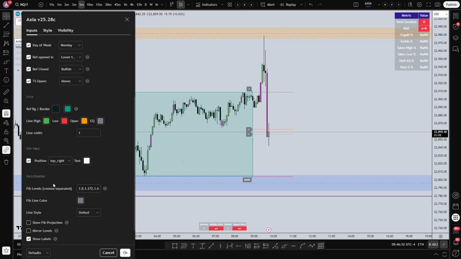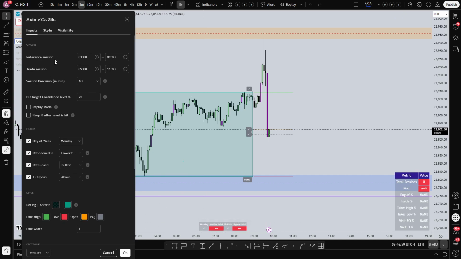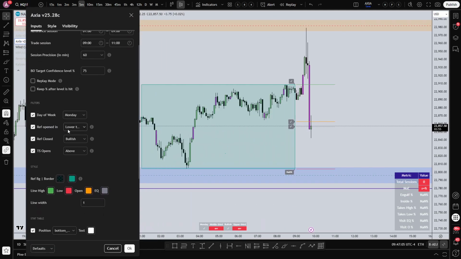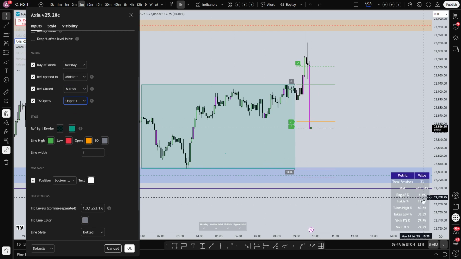So let's put this thing down at the bottom right. So Monday, it mentions everything. Once you click on these filters, everything is mentioned at the bottom, so you don't have to worry about being right or wrong. It'll tell you everything. So it says Monday, middle third, bullish 100%. Okay, it opened in the upper third. Okay, cool. Since it did, and I have around 33 sessions, I could actually manipulate it, and I could